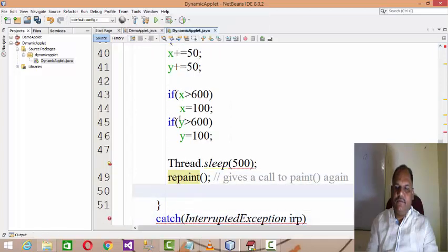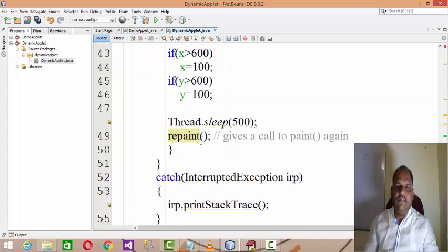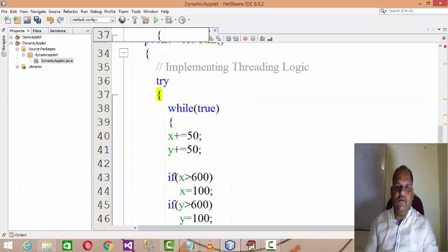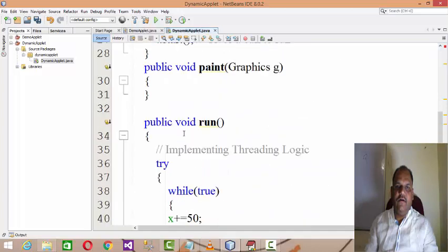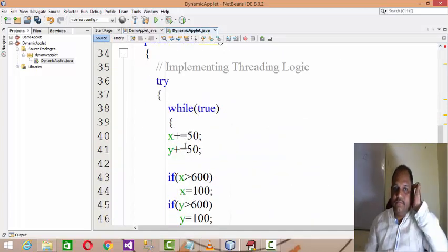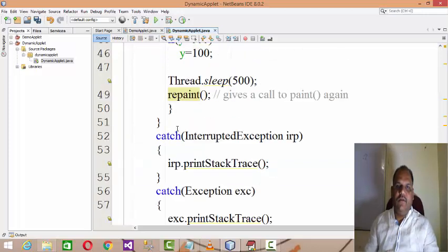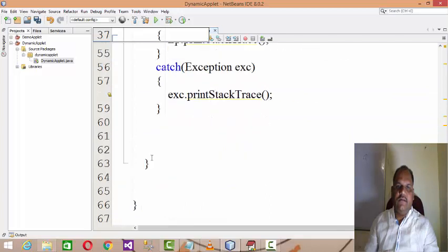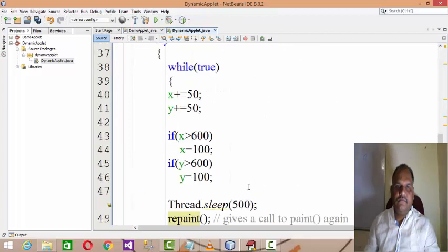Okay, this is the while loop, while true, then this is the end of try, and then we have the catch blocks, and here you have the end of run. Here one extra closing block was there. This is the end of try, right? Here it's the end of run, and here it's the end of class.